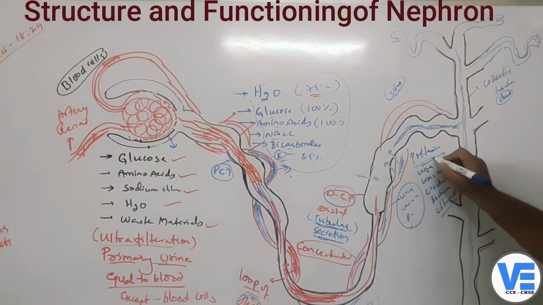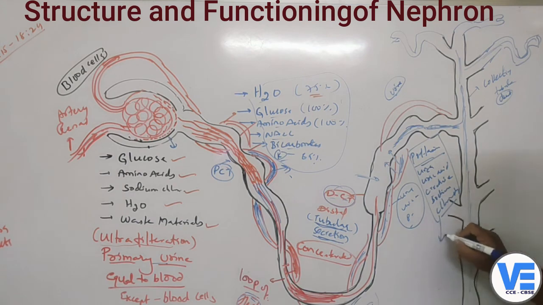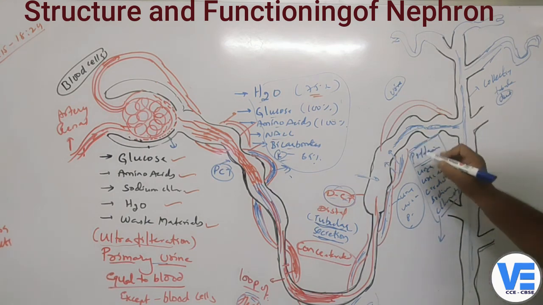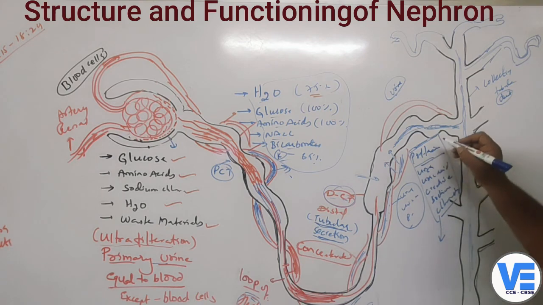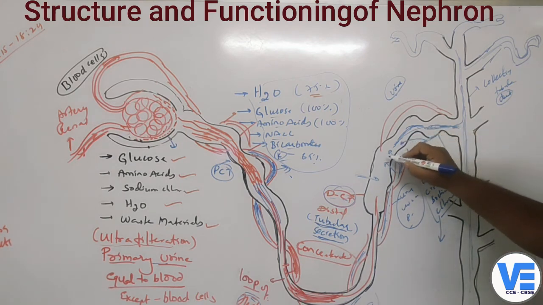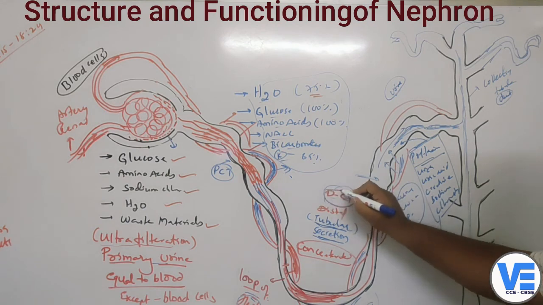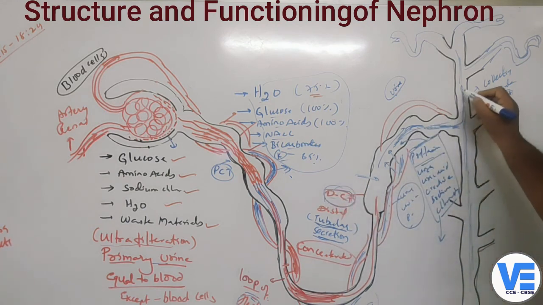All these are substances in the blood which are not useful to our body and should not be there in our body, right? If they are in the body, that will definitely disturb the balance. That's why they are sent to the renal tubule, the DCT, the distal convoluted tubule, and from there it will enter